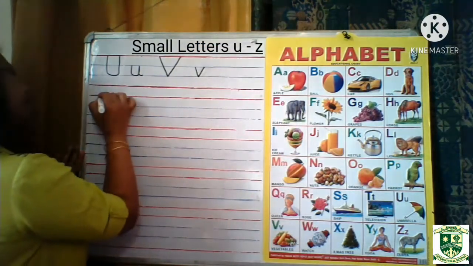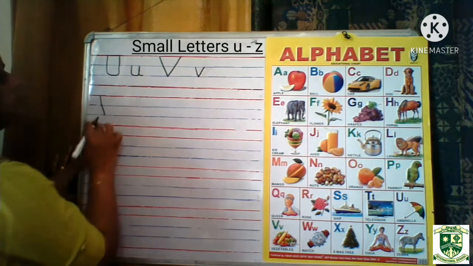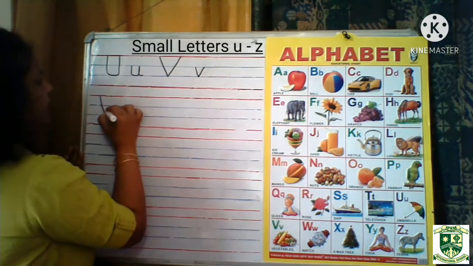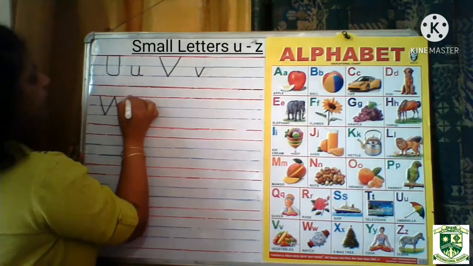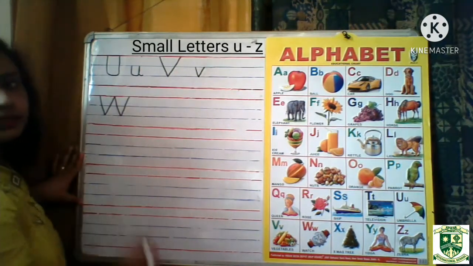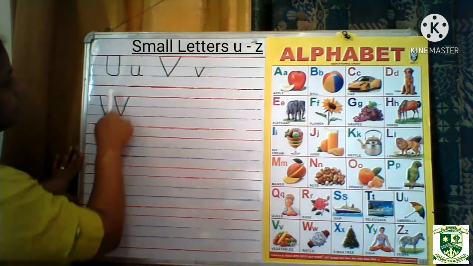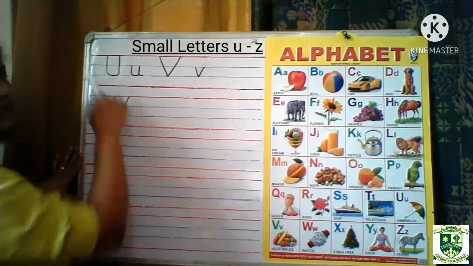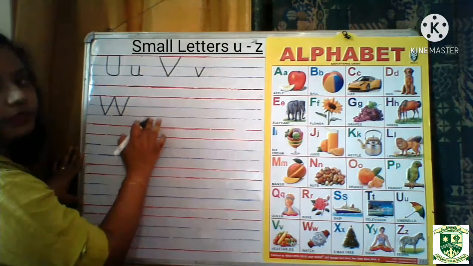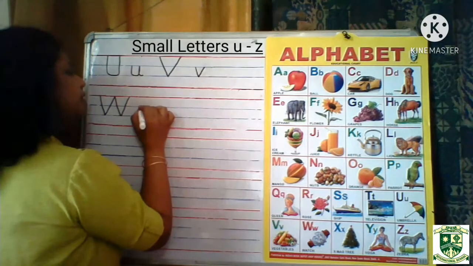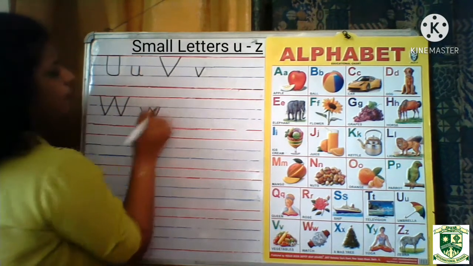So again from the red line make a slant line till the second blue line, then again take it up till the red line, again come down to the second blue line and again go upwards, till the red line. Now it's like this, one line, second, third, fourth. It's a zigzag pattern. Now similarly you have to make it in between the two blue lines. How will we do it? One slant line, two slant lines, three and four. See, small w.